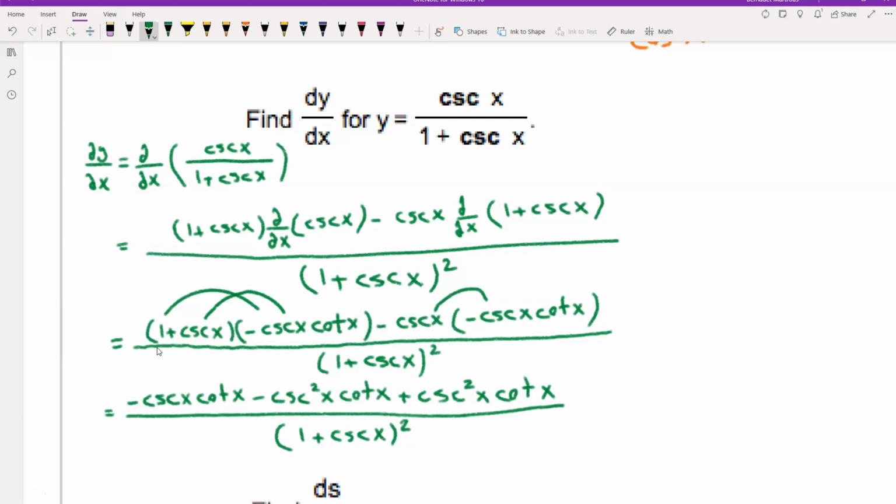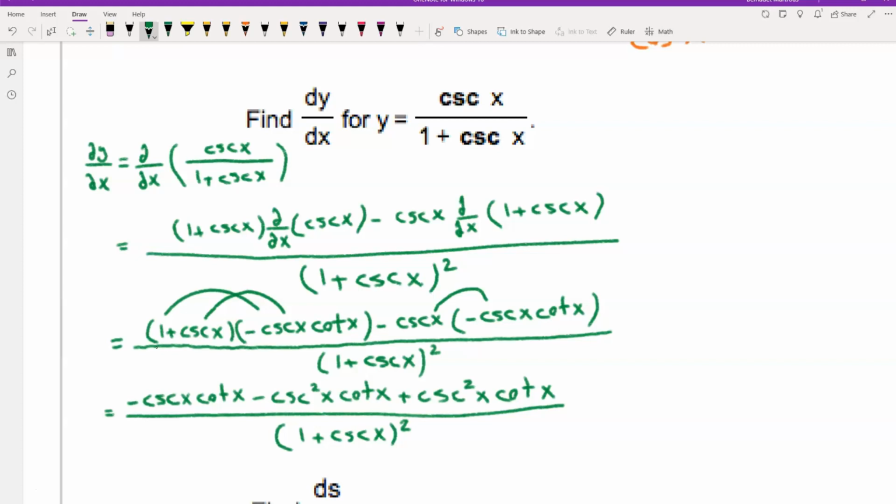And same thing on this part, multiply. Here we have negative cosecant x times cotangent x minus cosecant squared x times cotangent x plus cosecant squared x times cotangent x, divided by the denominator, we have 1 plus